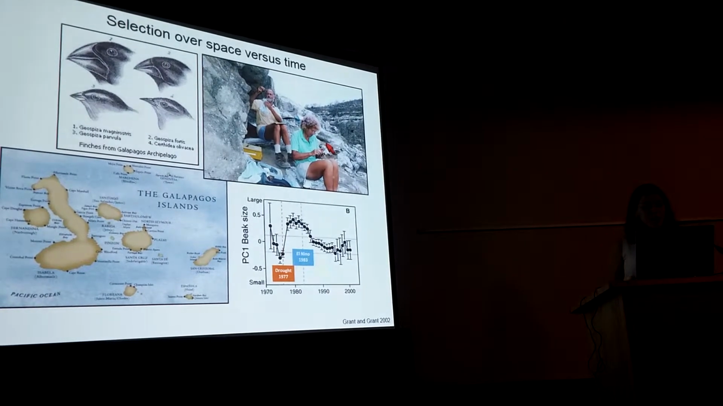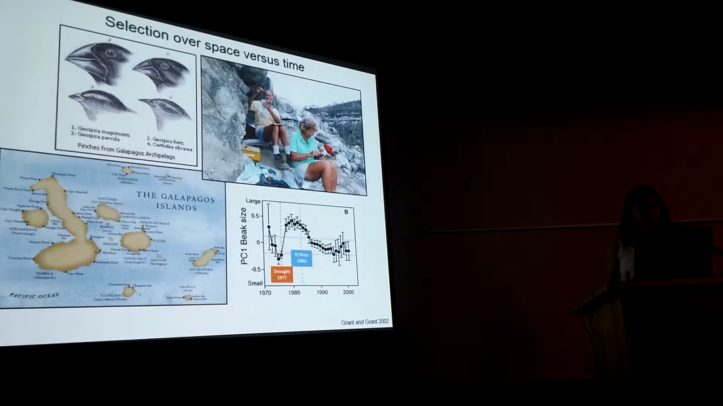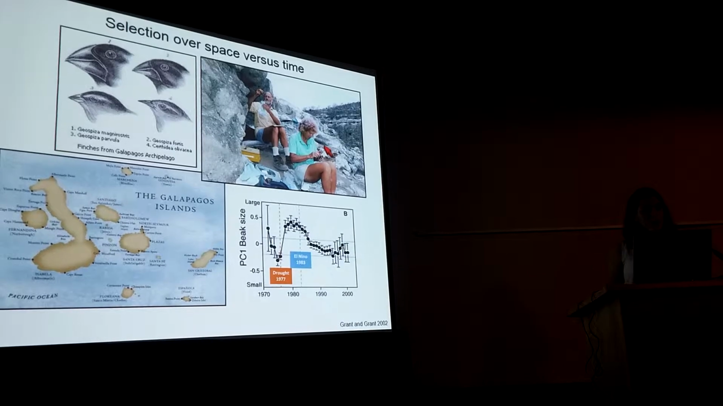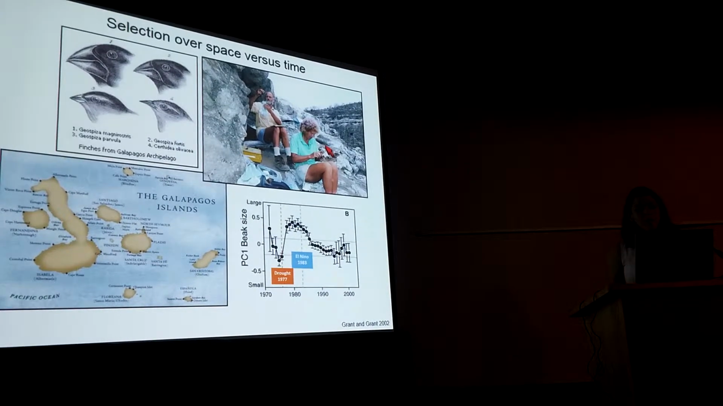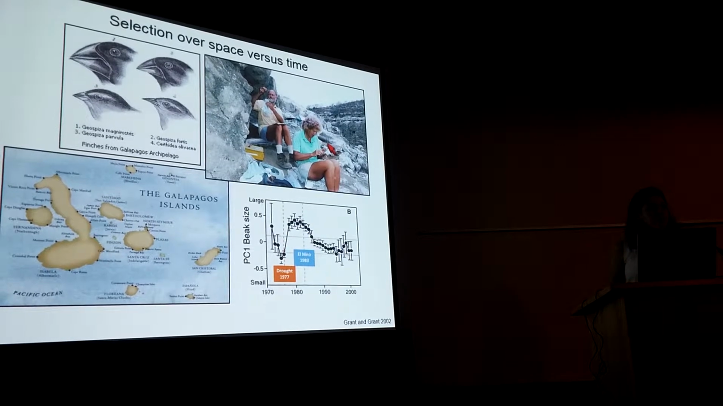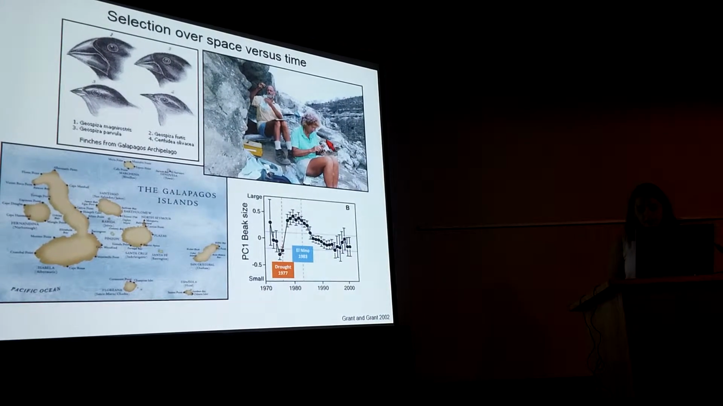Now Peter and Rosemary Grant have dedicated their career to studying these same finch populations, and they've measured them over about 50 years now, which is about 50 finch generations. And they've shown that these populations are changing not only over space, but over time. And so you can see that